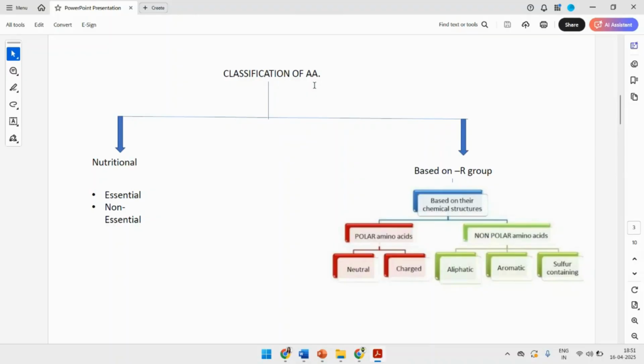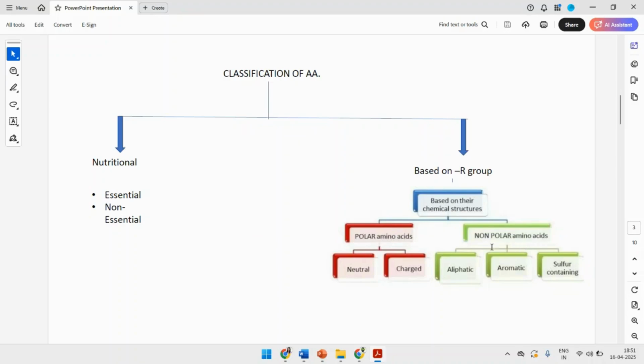Now let's look at the classification of amino acids. Amino acids can be classified on the basis of their nutritional properties as well as based on their R group. On the basis of nutritional properties, we call them essential amino acids and non-essential amino acids. This we will be discussing later on. But on the basis of their R group, we have polar amino acids and non-polar amino acids. Polar amino acids are the ones which are soluble in water, and non-polar ones are those which are insoluble in